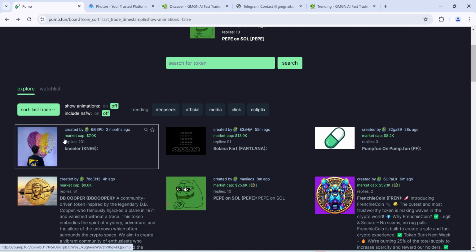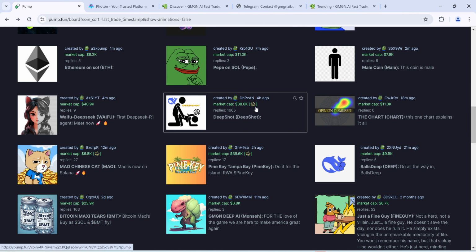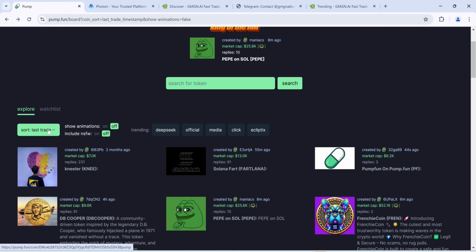So now you're going to look at the last traded, and I turned off the animations to avoid those flashy lights that keep coming and going. Now you see this one won the king of the hill. Now you can check out this one, copy the contract, scan it carefully, but this is the trades that people did last, and then you can also try out